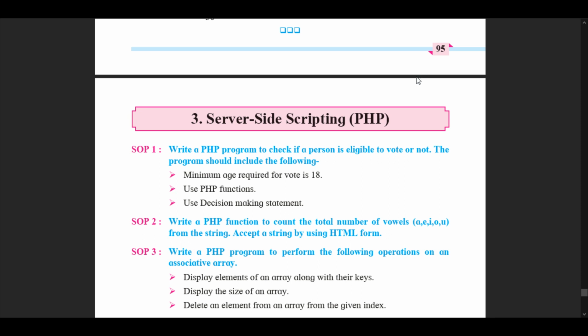And for psychology students, we'll be starting with our chapter 7, first aid in mental health, and we'll move forward with that, and we'll complete that chapter by December end, because we need to start with PHP in IT, and that will itself take a lot of time. So we'll start with PHP, we'll slowly complete the SOPs, and then we'll start with psychology. So again, stay safe, take care, keep studying. You have all of my support for IT and psychology.